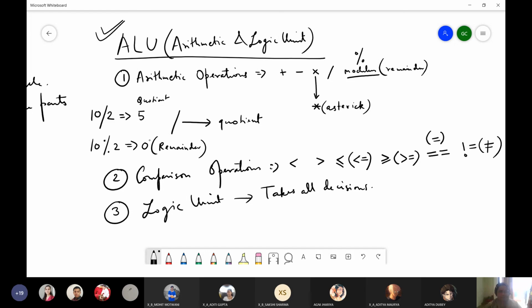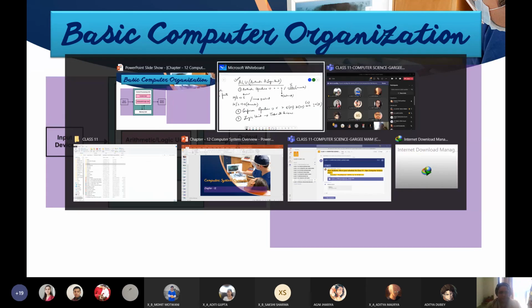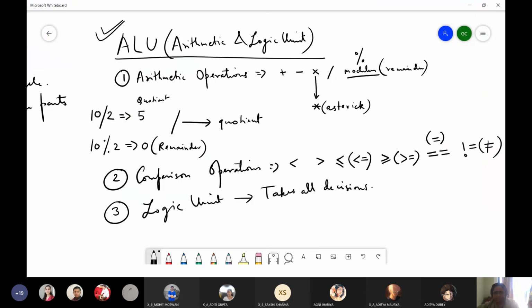Actual work is done by the arithmetic and logic unit, right? So the control unit decides when to send the data to the arithmetic and logic unit so that it can perform the calculation. And this is what a processor does.